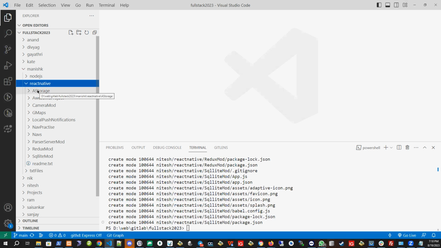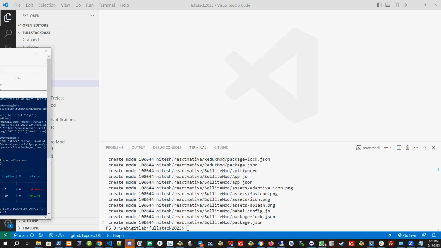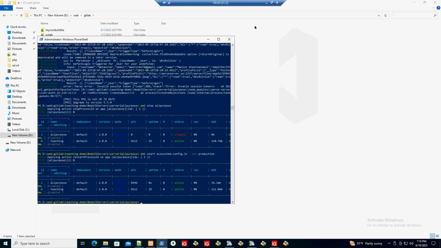Today, so we did the navigation and navigation practice last time. Let's try to introduce the Redux and then pass server and go from there. Yesterday I shared the videos how to install the pass server, but that pass server has to run on the server, not on your local machine, because when you give some URL, you have to give some public URL. So for example,